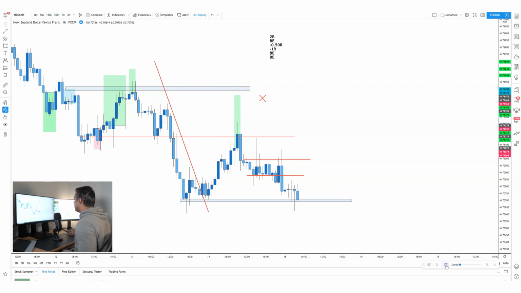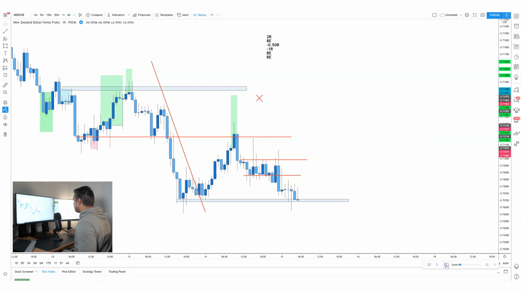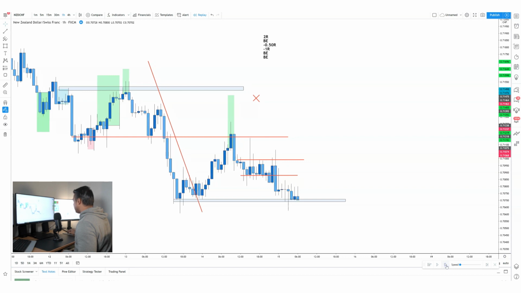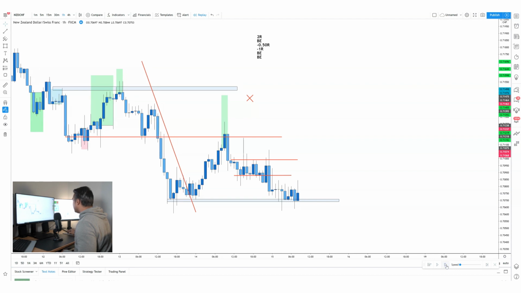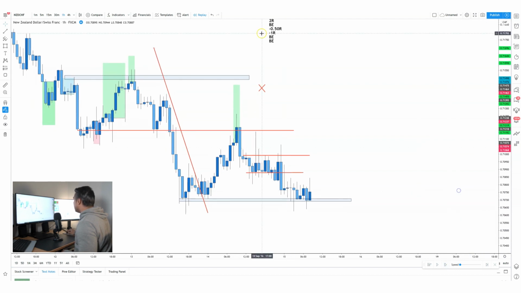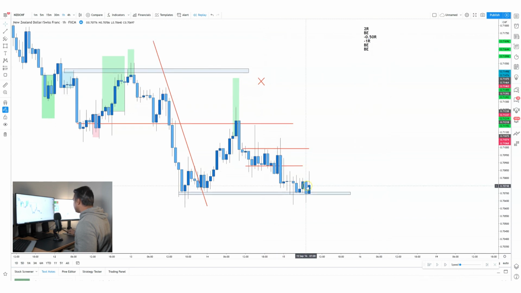Now again, I do believe that we're just ranging at this moment in time, so for me there's no buy bias or sell bias sentiment. This is a key level in the market, so if we do break below it, we could continue to the downside. In my personal opinion, I would want price to leave, create a lower high, then break the lower high structure